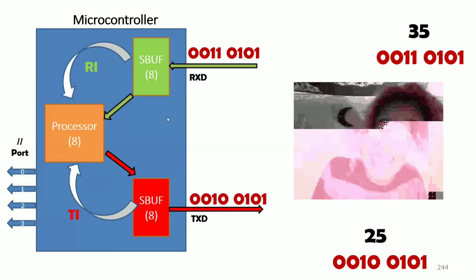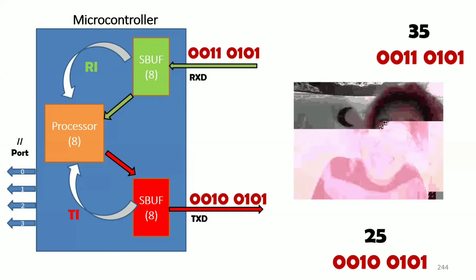Till now we have understood this much, but there is one more thing. Is there any chance of getting errors? Yes, during the transmission or during the reception. During the reception, we can know that there may be a chance of errors, which means we can check for them. Error checking is optional. We may need to check errors, or we may not need to; that is up to you. Now, if you want to check the errors, where will you check them? In the SBUF. But is it before giving that data to the processor, or after giving the data to the processor?